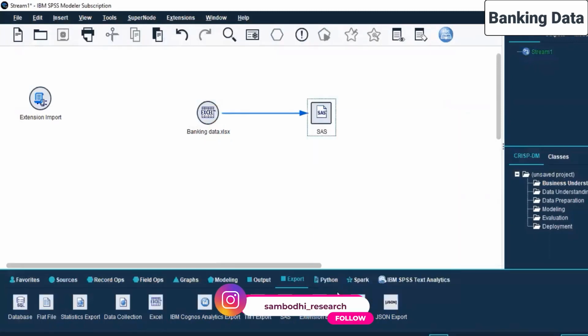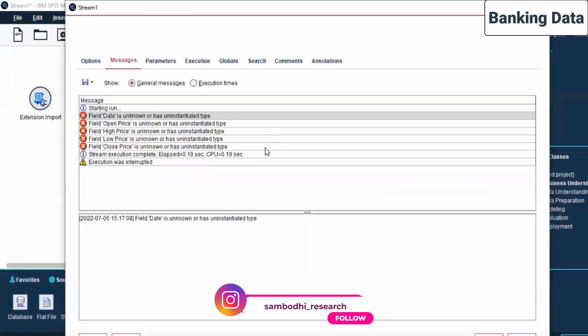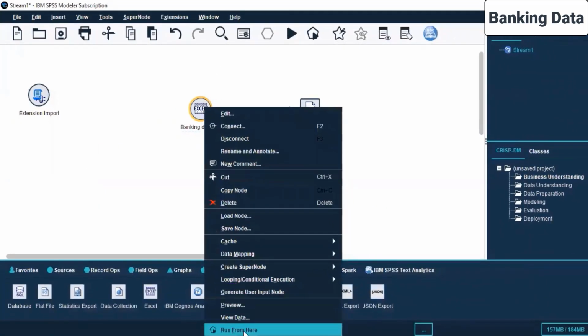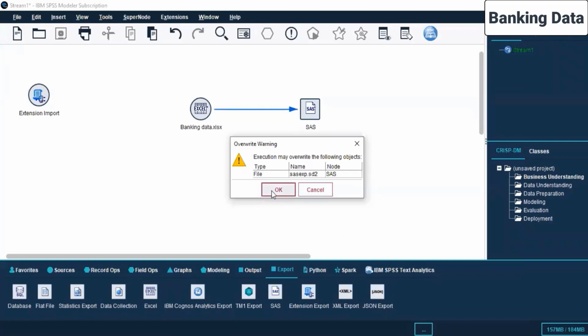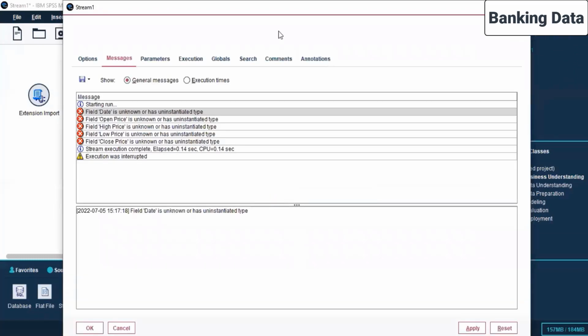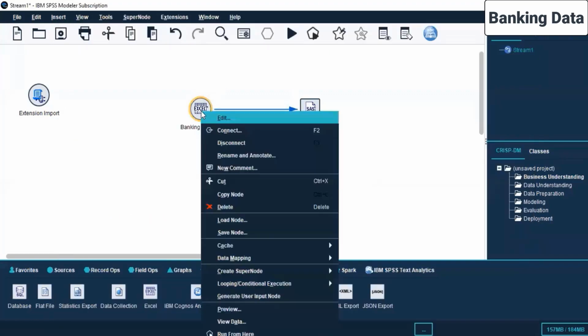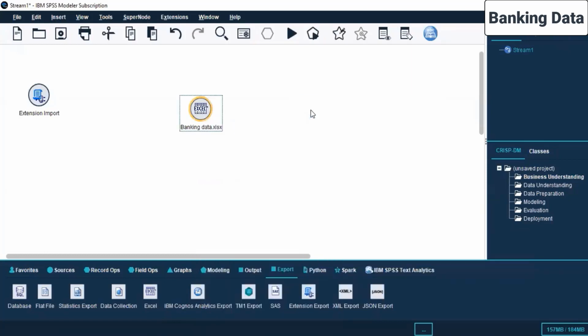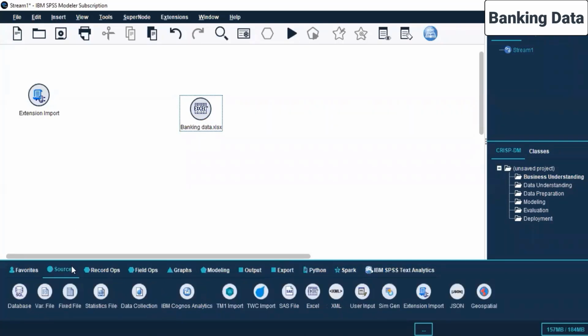Click run. But these details are not provided here. Okay, there are errors that are coming up over here. Okay, I'm not trying this out for you all. So fine. So now that we are done with the sources, the different sources that we have here,